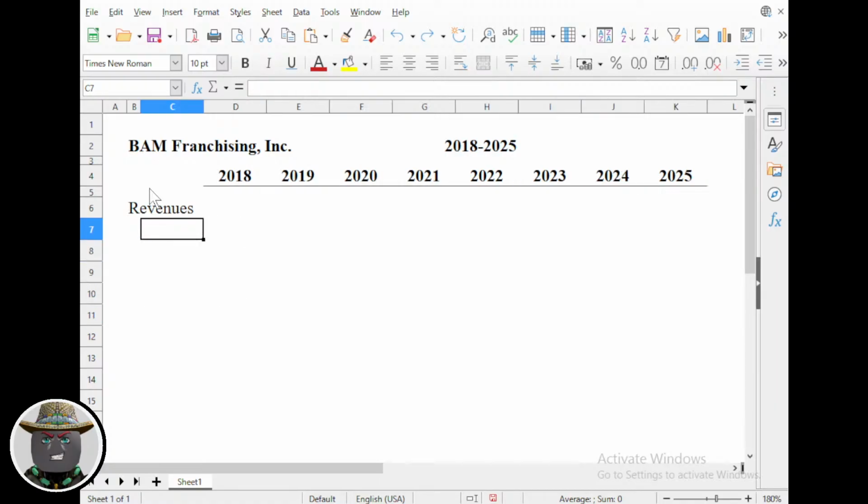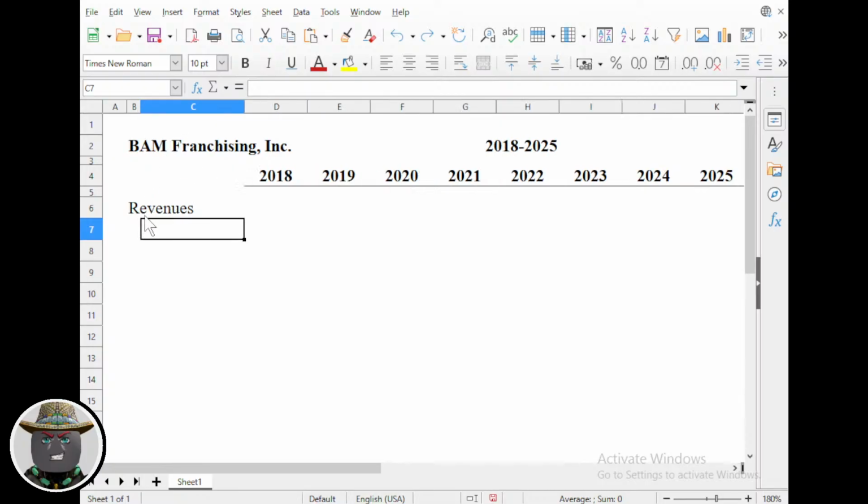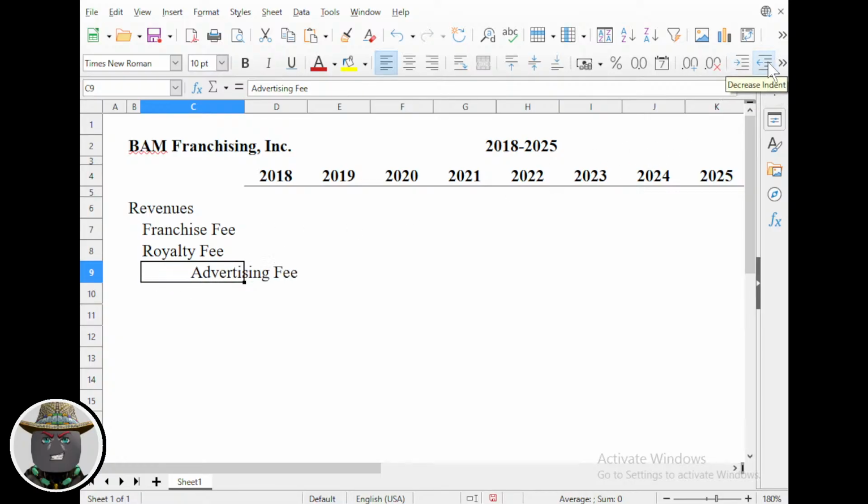Notice that I started out putting revenues all in its own column B, but then I'm making space to indent. I'm not using the actual indent tool. There's an increase and decrease indent button here. I don't use that. Instead,